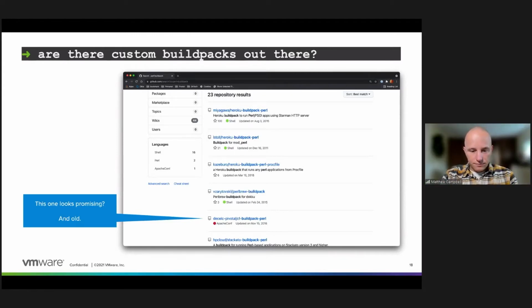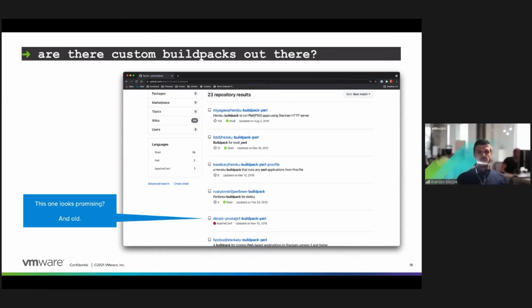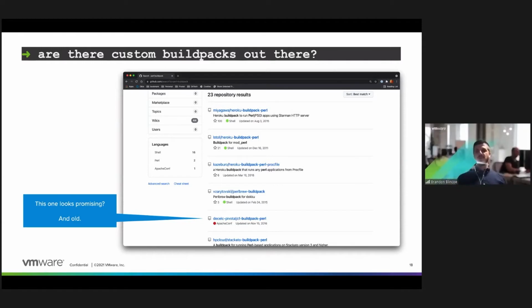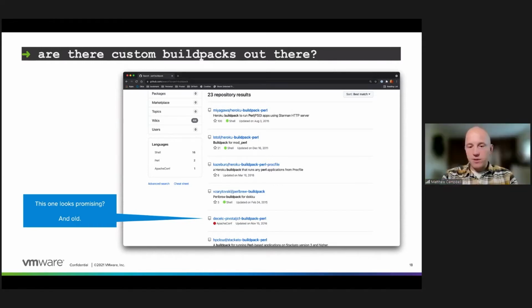There's a few here, but I see this one, CF Buildpack Perl, might be promising, also very old, but let's just give it a shot. Let's just take it. Let's run with it. Let's see what happens. And this sort of assumes that we're able to use custom buildpacks in the foundation,